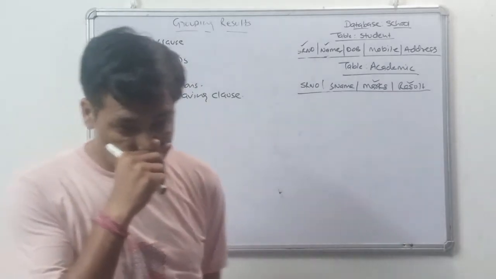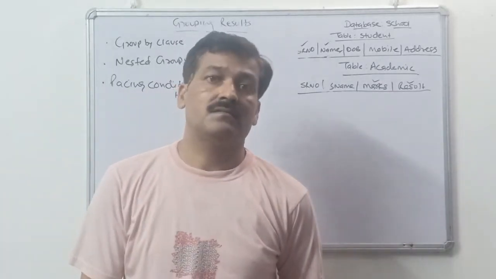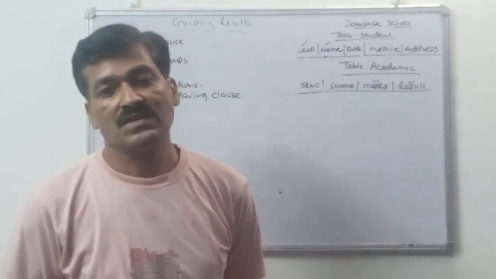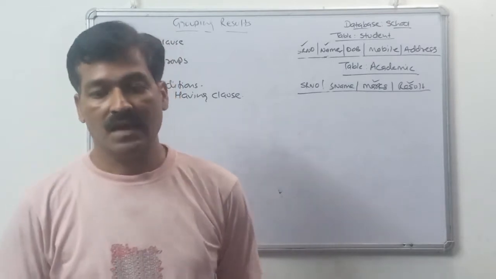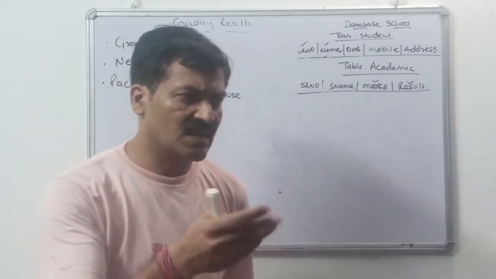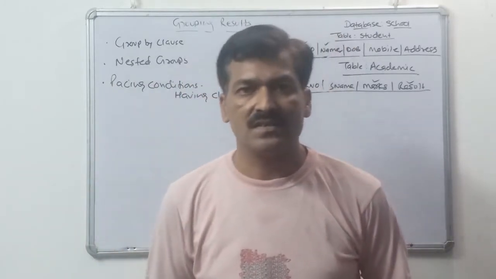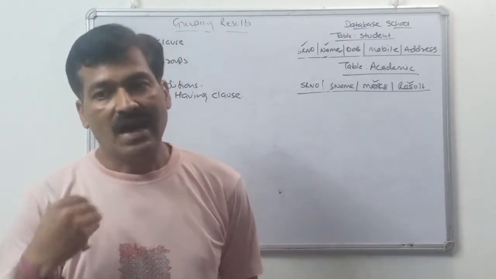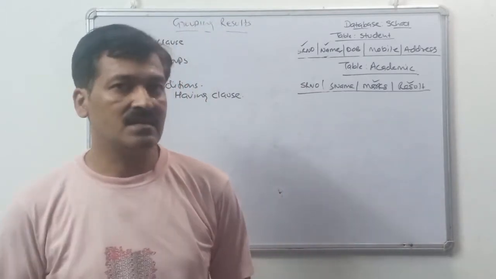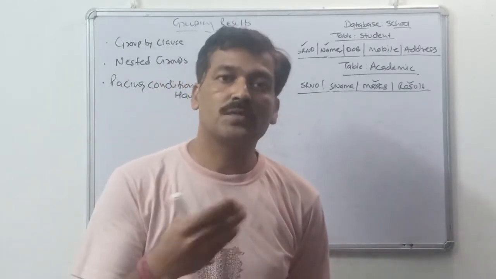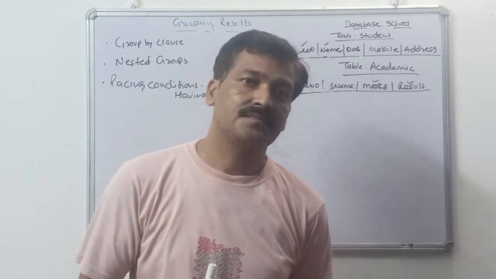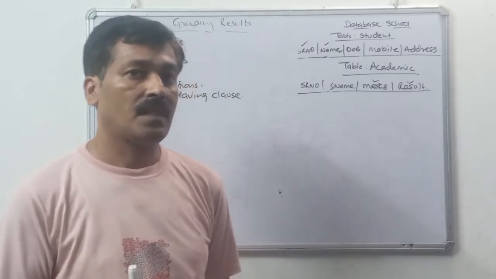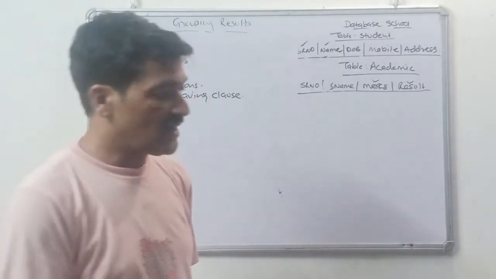Suppose my query is to display the number of employees according to their designation. In a table employee, suppose there are manager, salesman, clerk, supervisor, assistant manager, sales manager, many of these things. I want the result: how many sales managers are there, how many foremen, how many supervisors, how many managers are there. Means according to their designation, I want the total count of them, or I want the average salary of them.